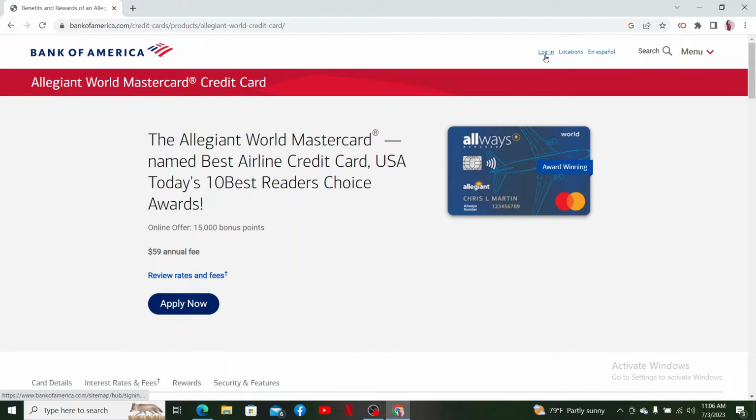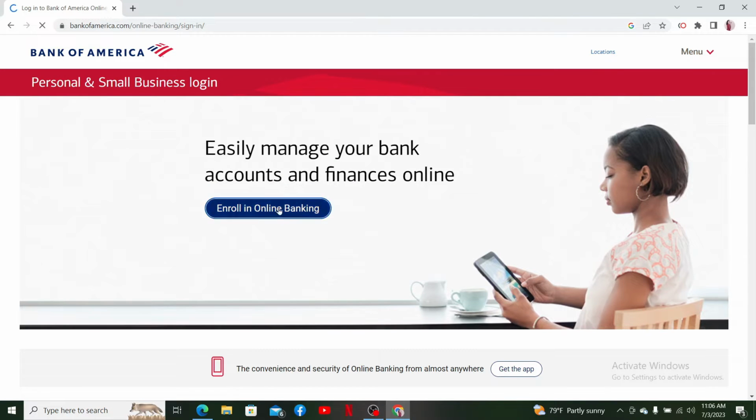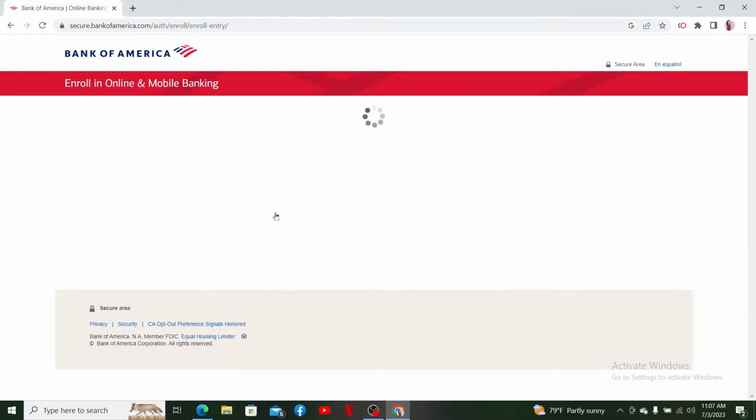Now, click on the login link at the top right hand corner and make sure to log into your online banking account for Bank of America. Click on this Enroll in Online Banking button if you don't have the account yet,